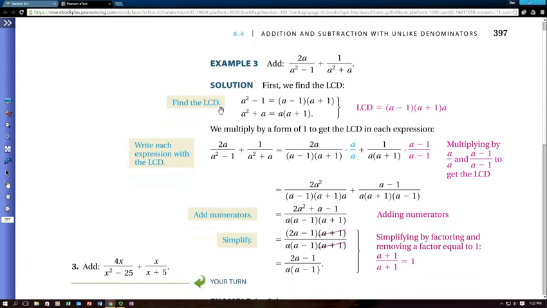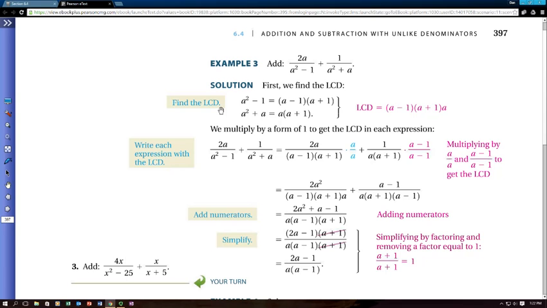Example 3. Now, they're just kind of stepping up the complexity. Not really any new principles here. We've been adding and subtracting fractions for a long time. You have to have that common denominator to do that. Well, these denominators just have a little more complex factoring because we've been doing that, and you should know how to do this stuff. So in example 3, we have 2a over a squared minus 1 plus 1 over a